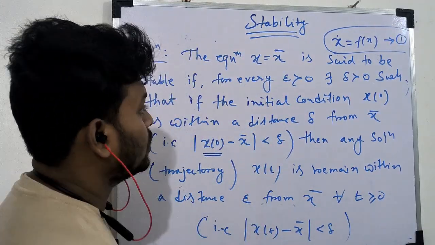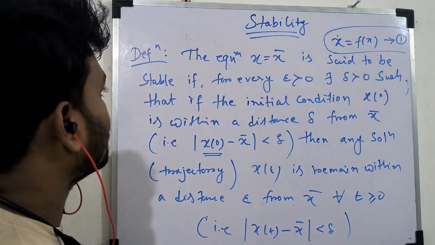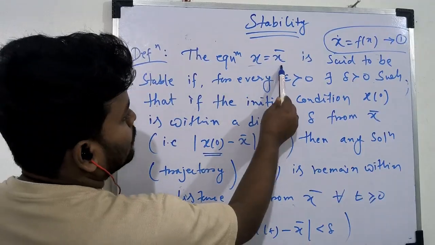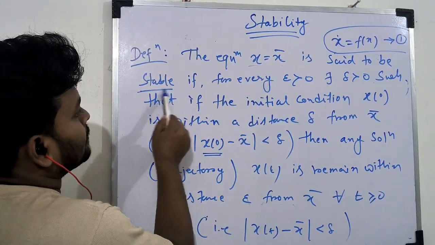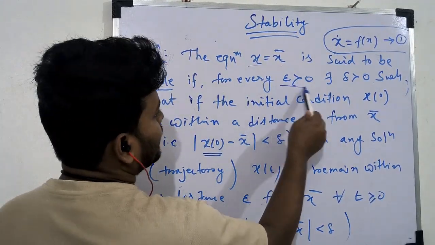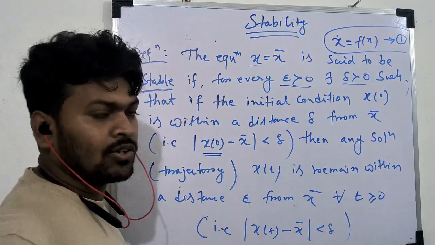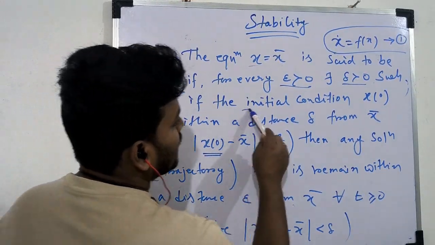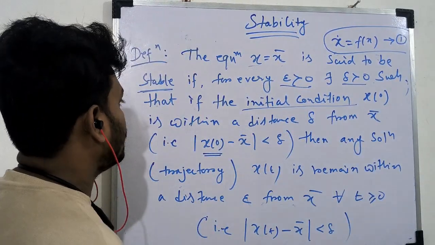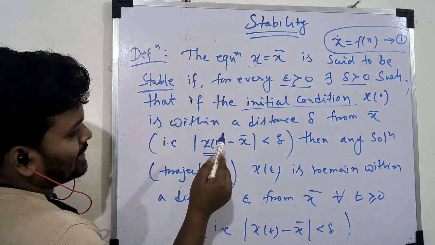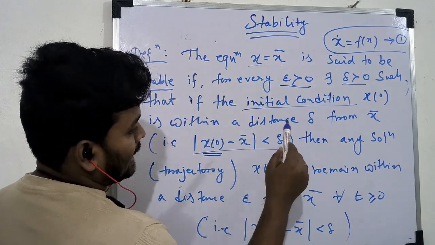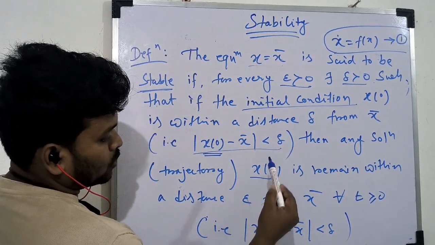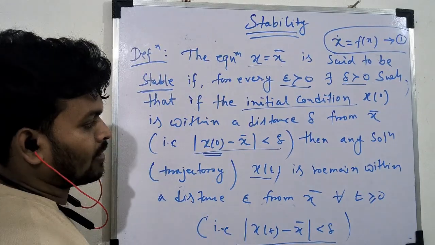Okay. So let us see the definition. This equilibrium is said to be stable if for every epsilon greater than 0 there exists delta greater than 0 such that if the initial condition x0 is chosen such that this, then any solution x(t) will satisfy this condition. So if